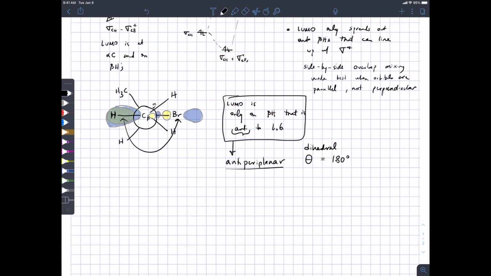degrees. But that requirement, which is given in your text as a rule, flows naturally from what's going on to put the LUMO on the beta proton in the first place, which is hyperconjugation, which can only happen when they line up with each other in that way. All right. Questions?